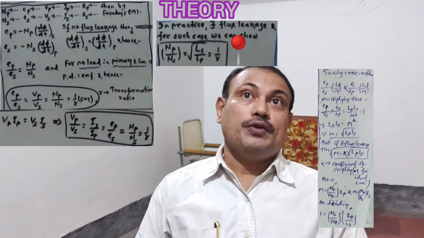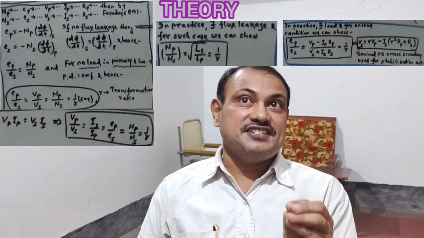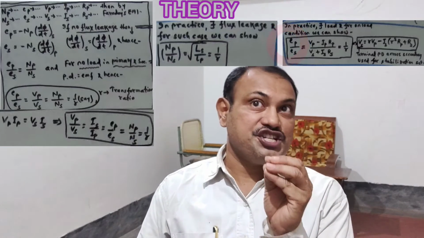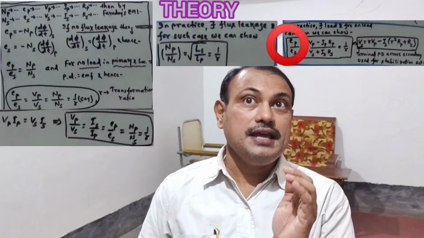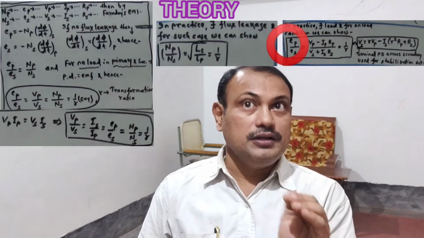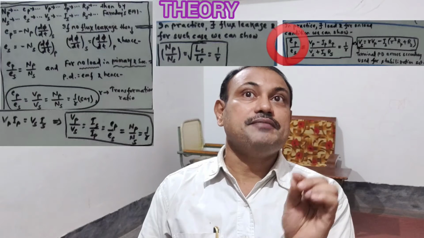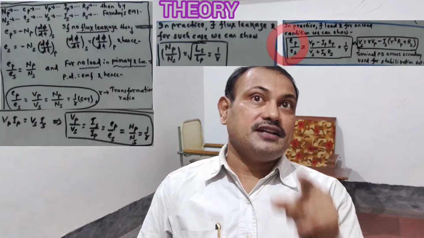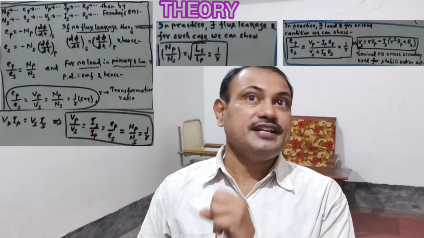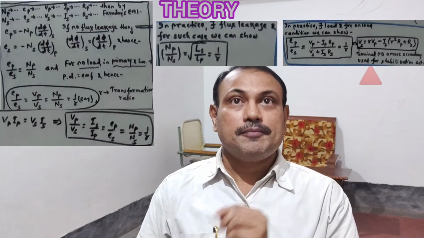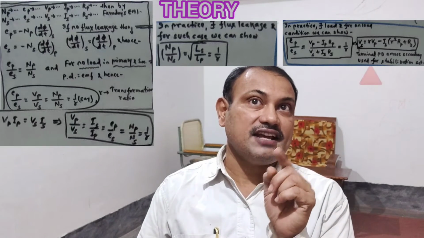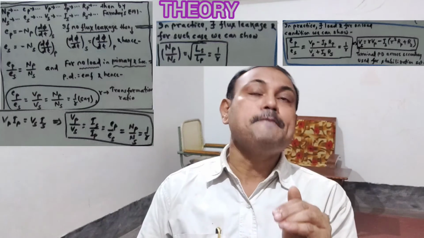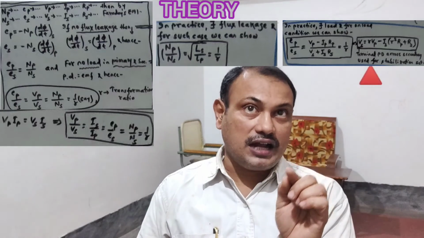And also, when you have load, that is, resistance is realized in the secondary and primary coils, we can have this ratio equal to V_P minus I_P times R_P upon V_S plus I_S times R_S. And this expression helps us in writing an expression for the terminal potential difference across the secondary coil, which is used for stabilization purposes, which we can write as V_S equal to small r times V_P minus I_S times the whole bracket, that is small r squared times R_P plus R_S.